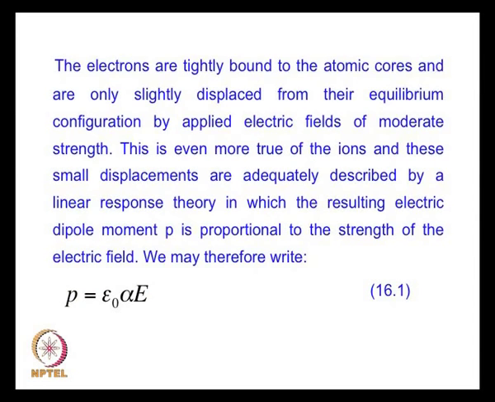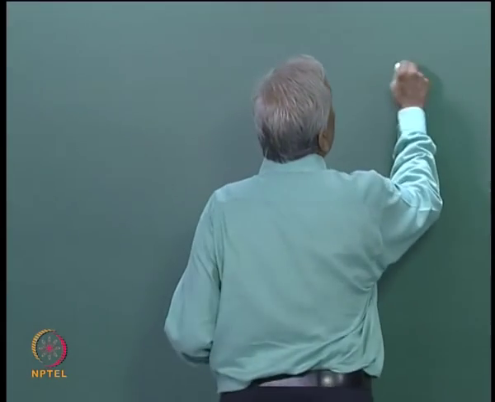The electrons in dielectric materials are tightly bound to the atomic cores and are only slightly displaced from their equilibrium configuration by applied electric fields of moderate strength. This is even more true of the ions, and these small displacements are adequately described by a linear response theory in which